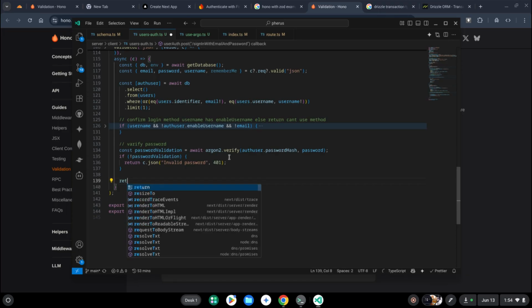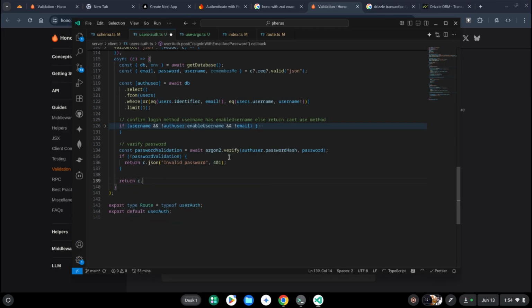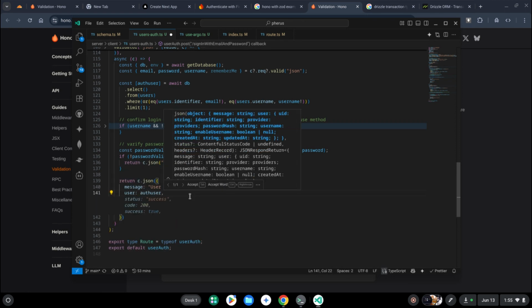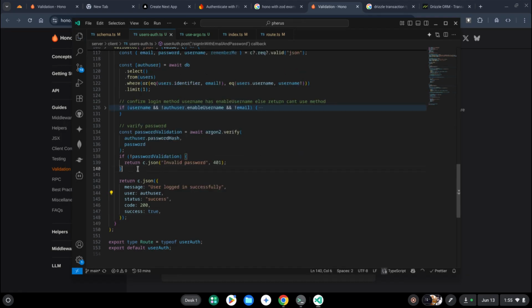Now the last step here would be returning JSON: user logged in successfully, and the user details plus the status points, but we need to add the user to,